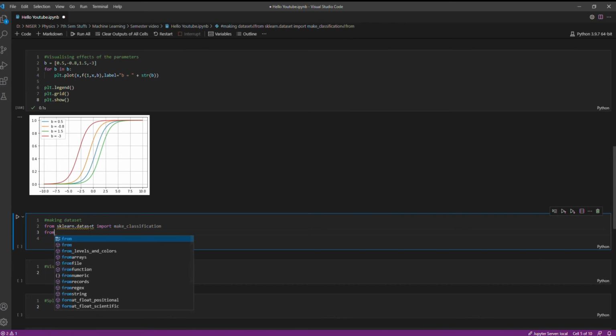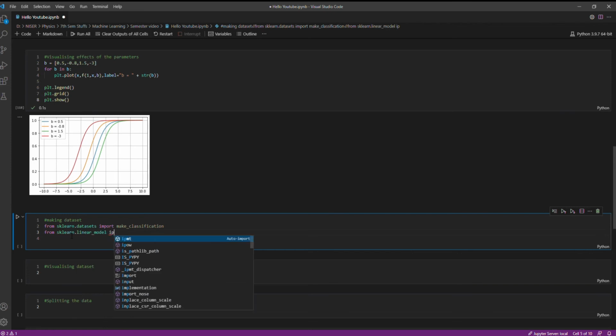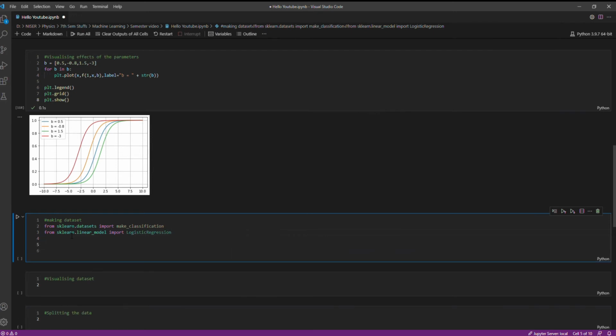And from sklearn.linear_model import, and this is our model. So let us make our data set.